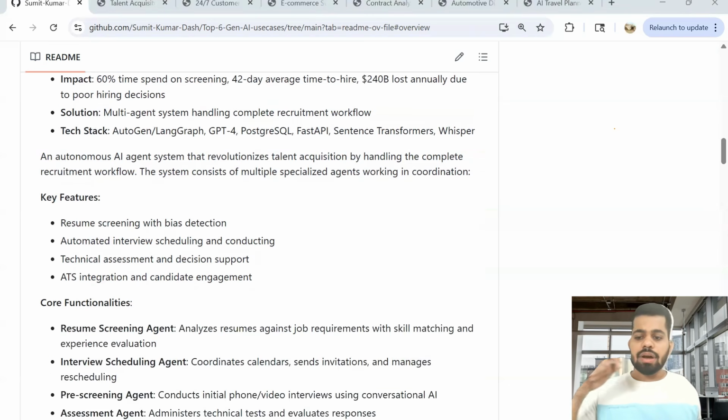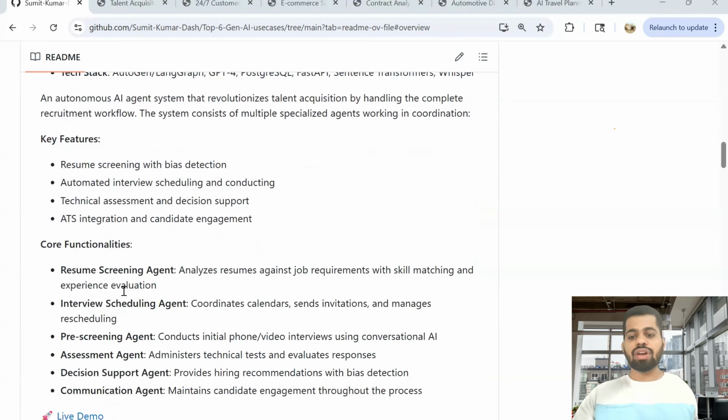where it will have different core functionalities. First, it will screen the resume, where it will analyze the resume against the JD, matching the skills in the resume with the job description, and it will evaluate based on your experience and your resume. Once the candidate passes that particular stage,